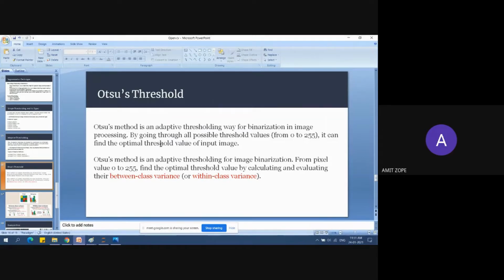Classes are divided: let's say the threshold value is 50, then all pixel values less than 50 are background and greater than 50 are foreground. This is so that we are able to catch the object.